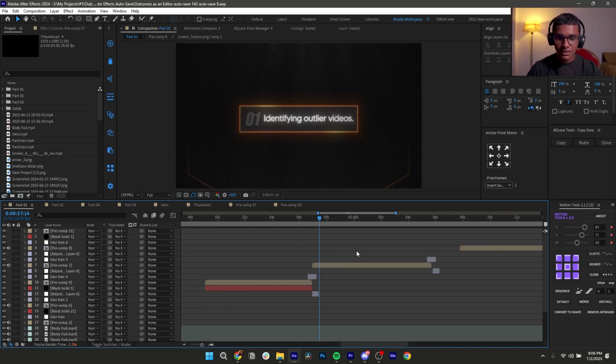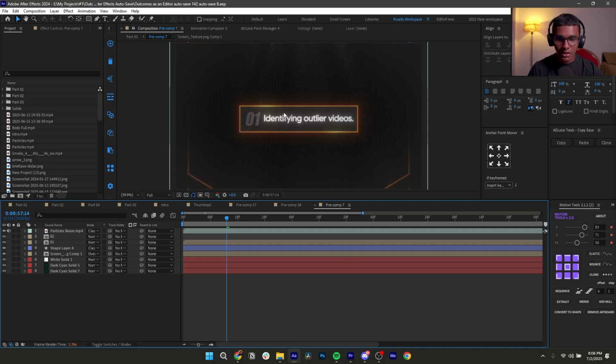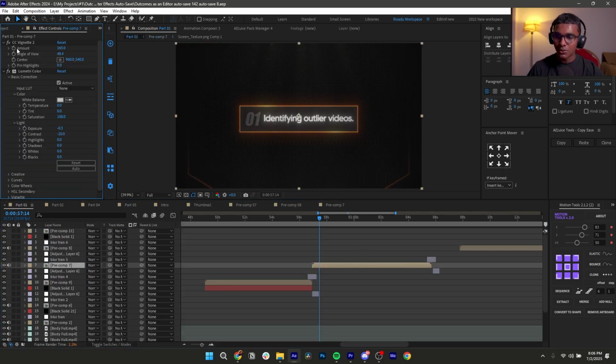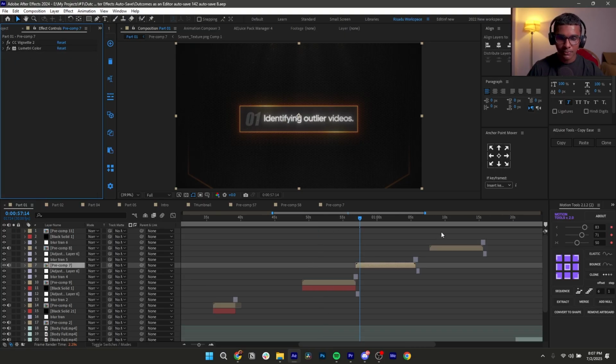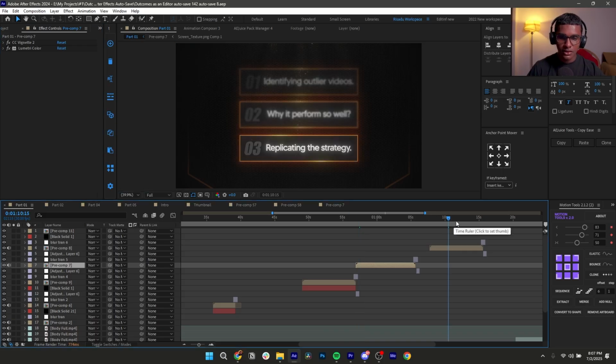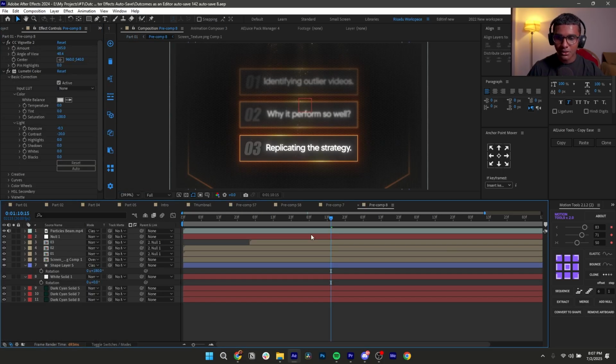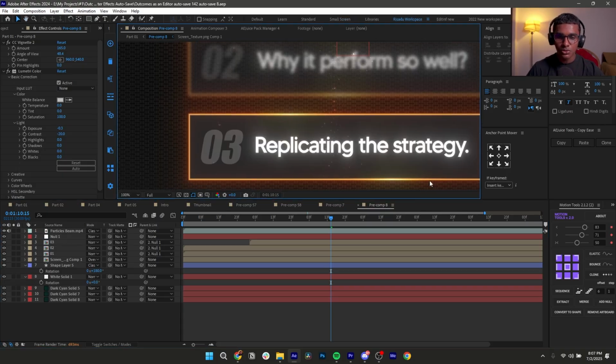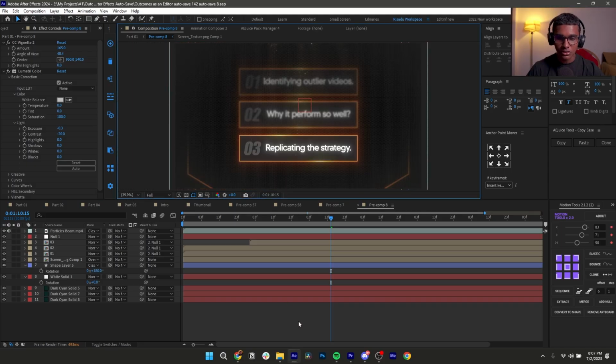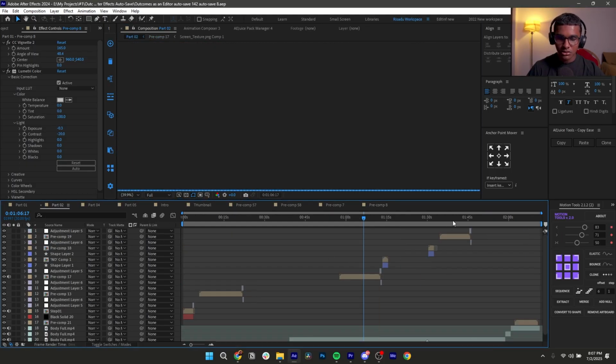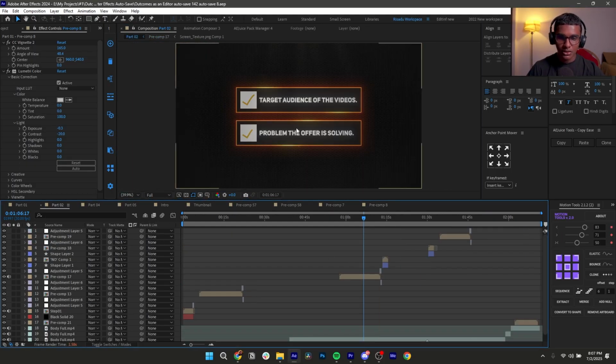It's basically the same thing, the same design, same effects I have used. And if you go into my effects control, my final effects are pretty simple. It's basically a vignette effect and a Lumetri Color. And if you go to all of these things, it's pretty much the same thing I just copied with a rectangle, and pretty much the same effect that I have added into these borders just to get this glowing lines thing, right? So I don't think there's a lot that I need to break down here, especially in this one,